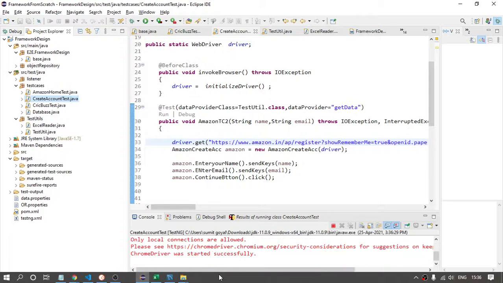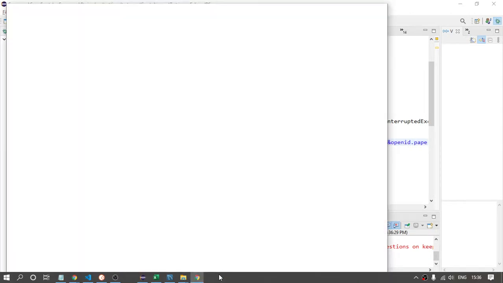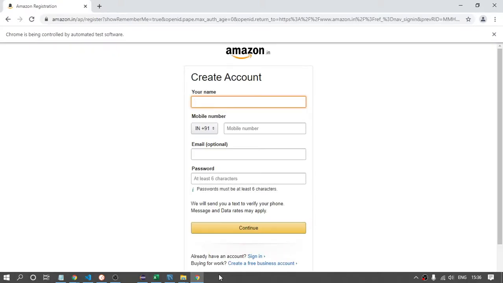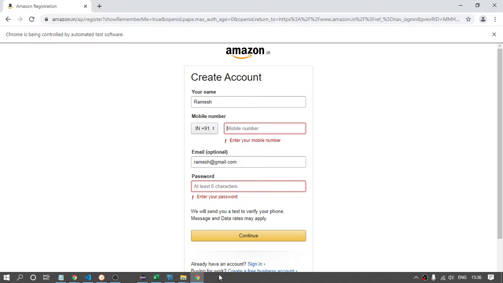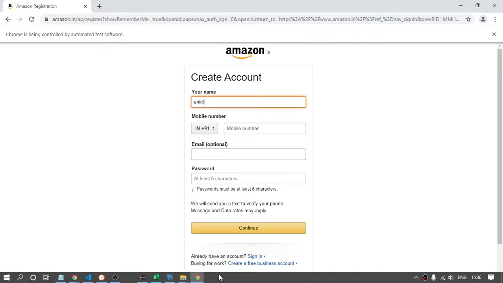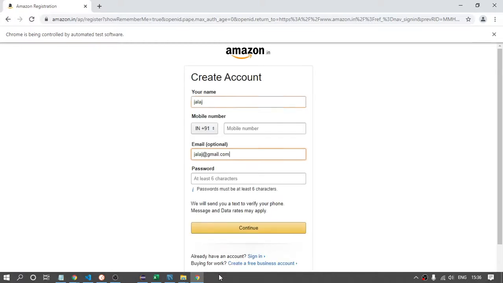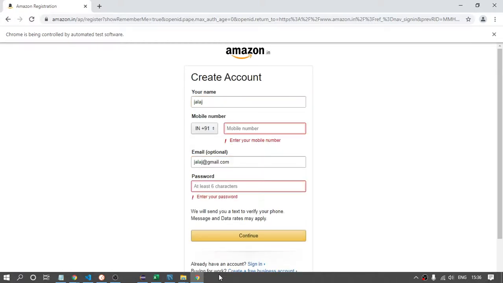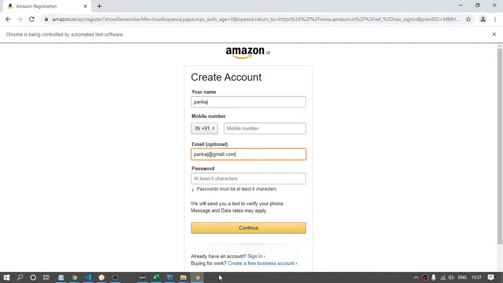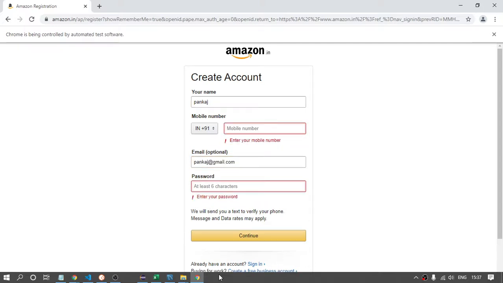So this is how we can integrate an Excel sheet with a data provider to run our test case multiple times. So you can see that it will run 6 times. First time, second time, third time, fourth time, fifth time, and after that, the last one.